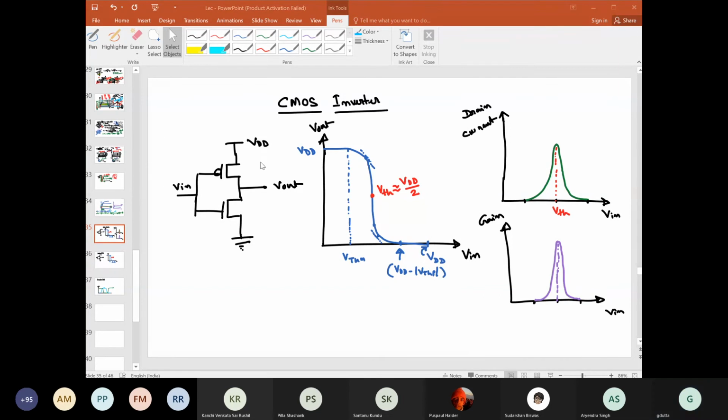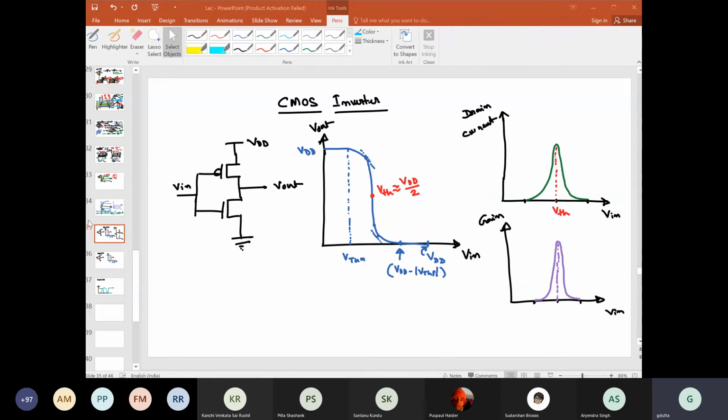So we were discussing this CMOS inverter, right? So this is that CMOS inverter. This is the VTC, right? And we have explained it in quite more detail, why it should be like this, and what the transition points will be. We'll come back to this slide maybe after 1 or 2 minutes.